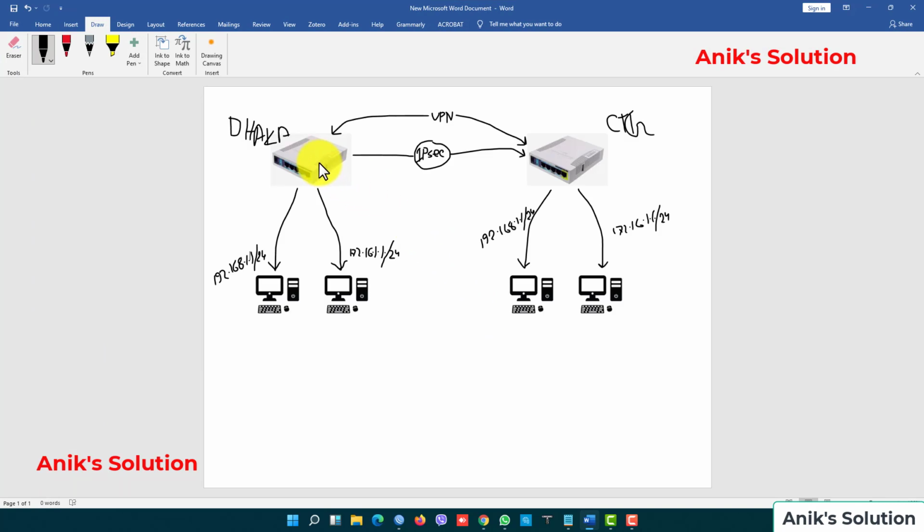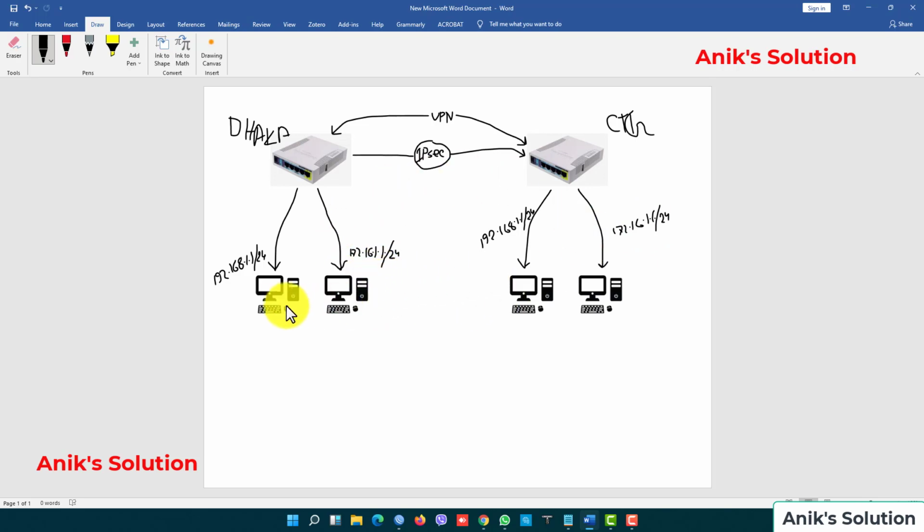Here one router is Dhaka and the second router is our Chittagong. My one router's LAN side IP is 192.168.1.1 and the second router's LAN side is 172.168.1.1.